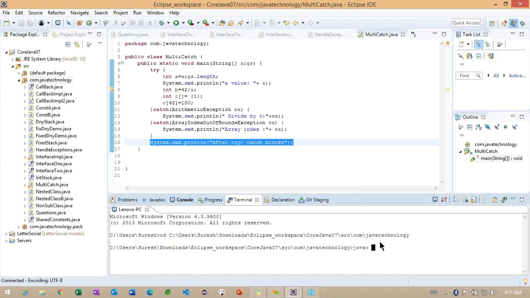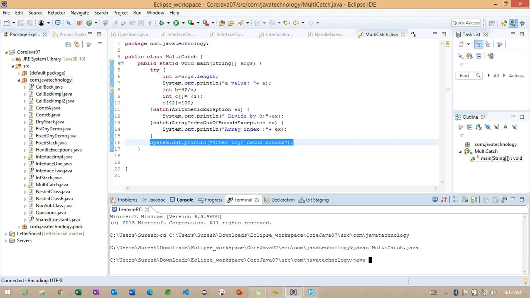Initially I will check with javac multicatch.java. First we'll try to compile.